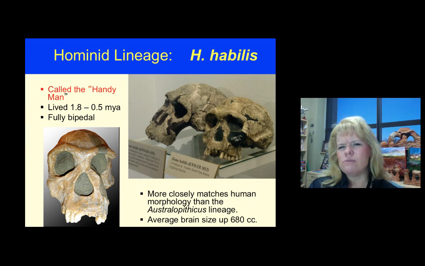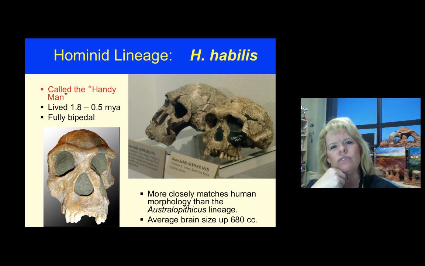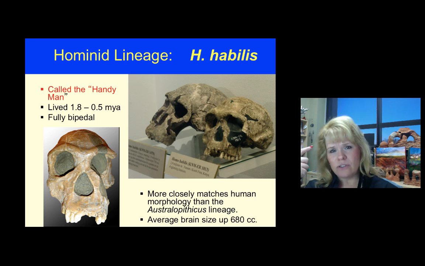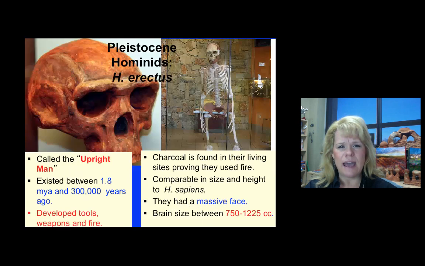One more thing, what was the size of their brain? Because the brain's going to show an increase over time. The cranium is measured in cubic centimeters, or cc's, and that's important because the larger the cc, the more size the cranium has to hold a bigger brain. So with that comes increased intelligence, and we see that with the abilities that these organisms had.